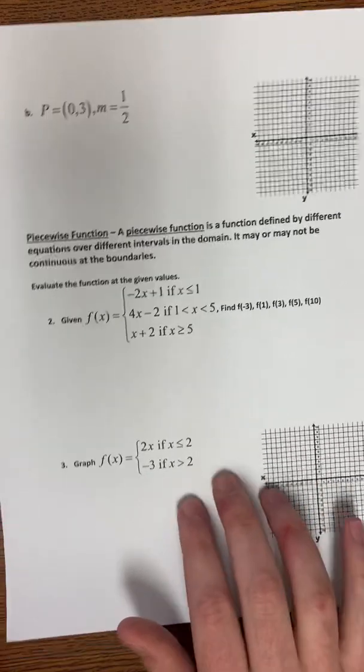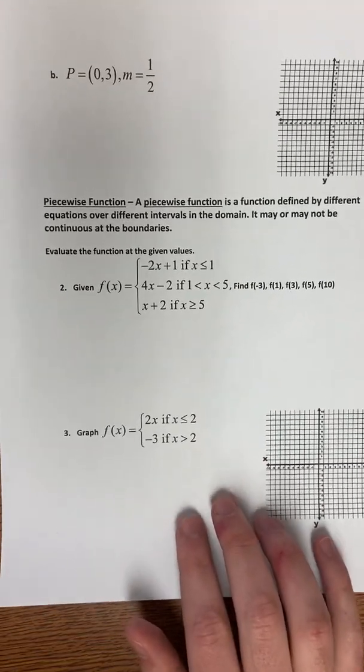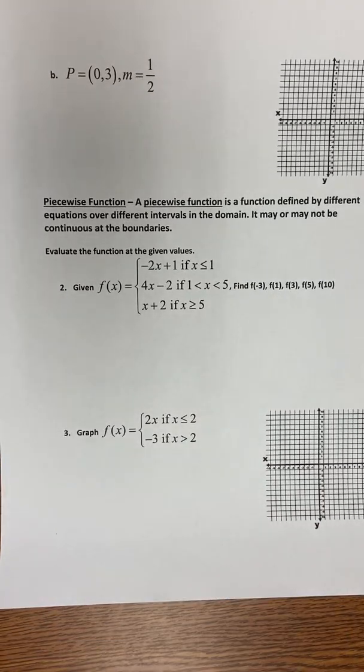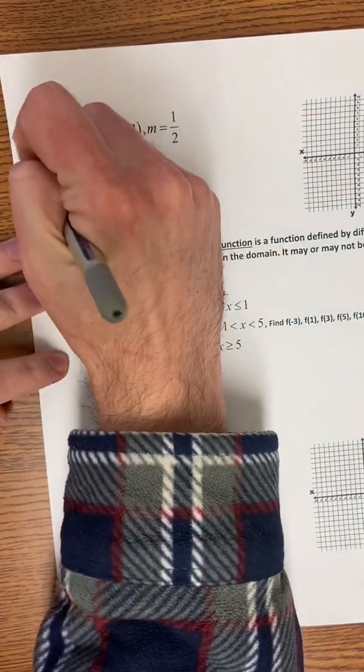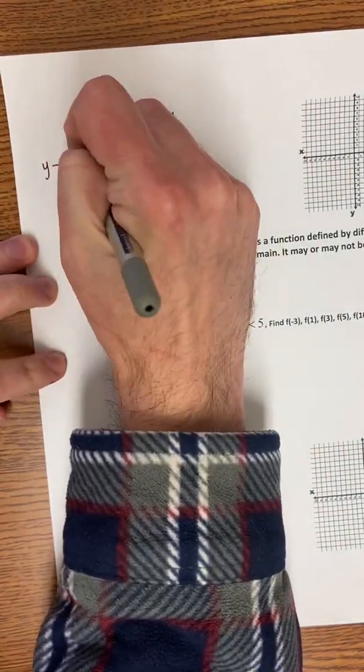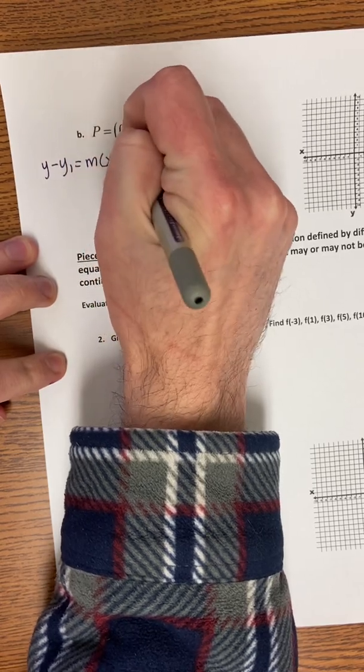So here we go to the next. We've got point (0, 3) and slope 1/2. Now for graphing purposes, that means you can just plot the point and use the slope to find more points, but I do want to remind you how to find the equation of a line if you've got a point and a slope. Most of you are traditionally used to y minus y1 equals m times x minus x1, and